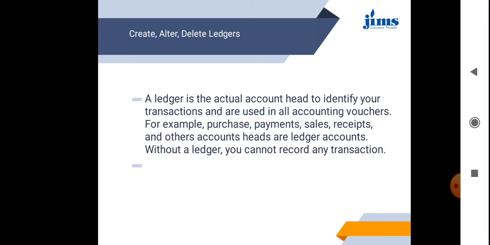A journal is a memorandum book to record the transactions date wise. On a particular date, what are the total purchases, what are the total sales, debtors, creditors, incomes, expenses. It may not be known from the journal. And to get more information about these particular items, the entries passed in the journal are classified on the basis of their nature in another book, which is known as the ledger.